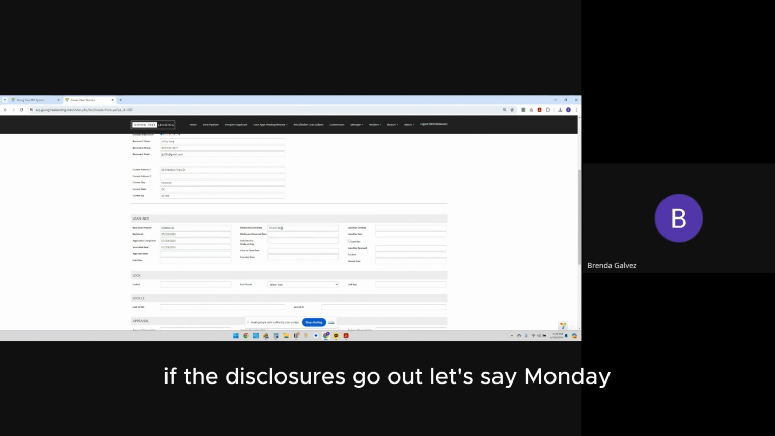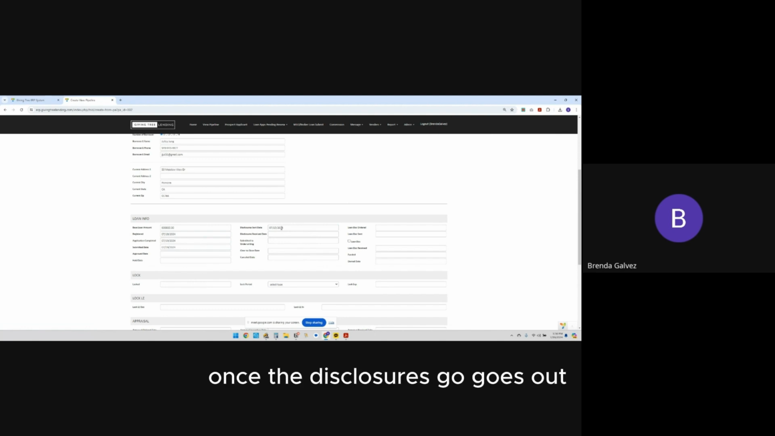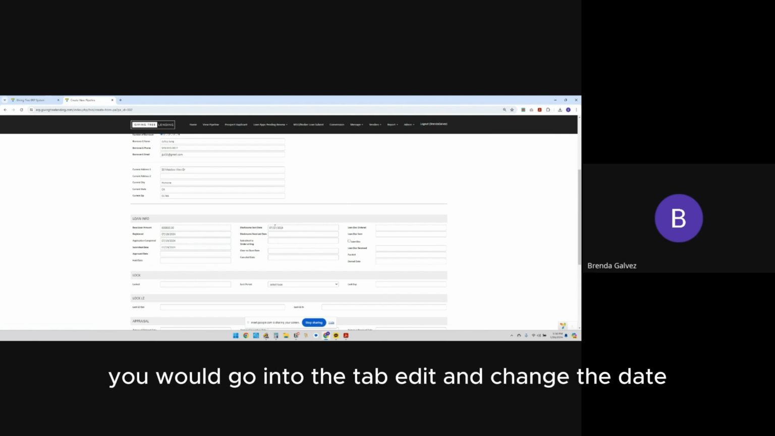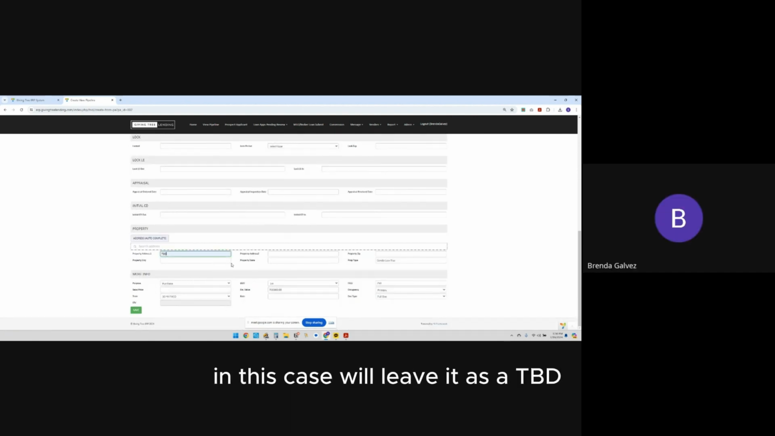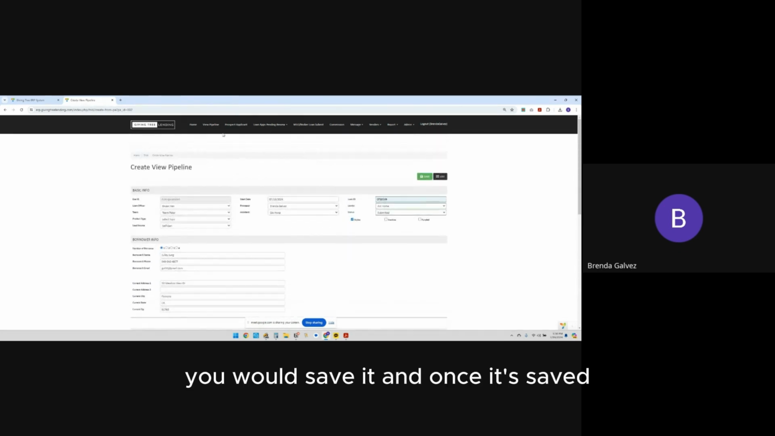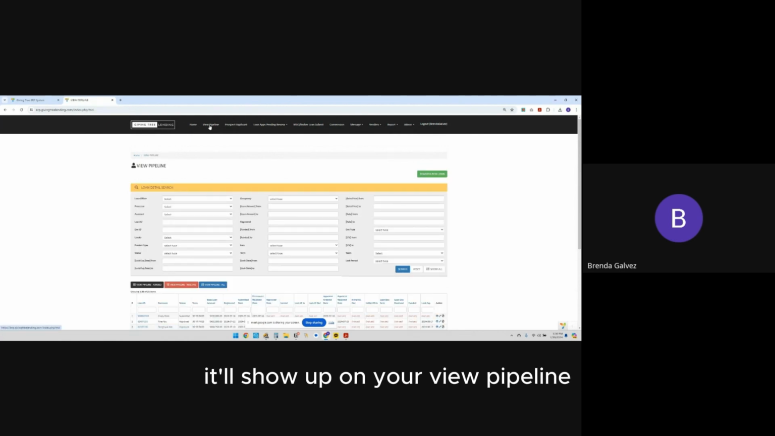Mhm. If the disclosures go out, let's say Monday, once the disclosures go out, you would go into the tab, edit, and change the date, right? You would put the actual subject property. In this case, we'll leave it as a TBD, and then just complete everything else here. So the rate, let's say it's 6.625. You would save it, and once it's saved, it'll show up on your review pipeline,